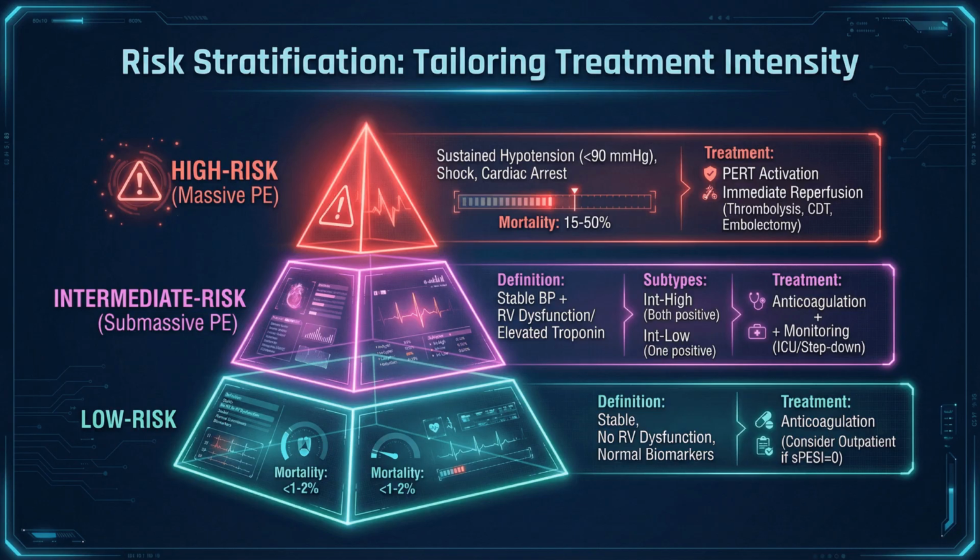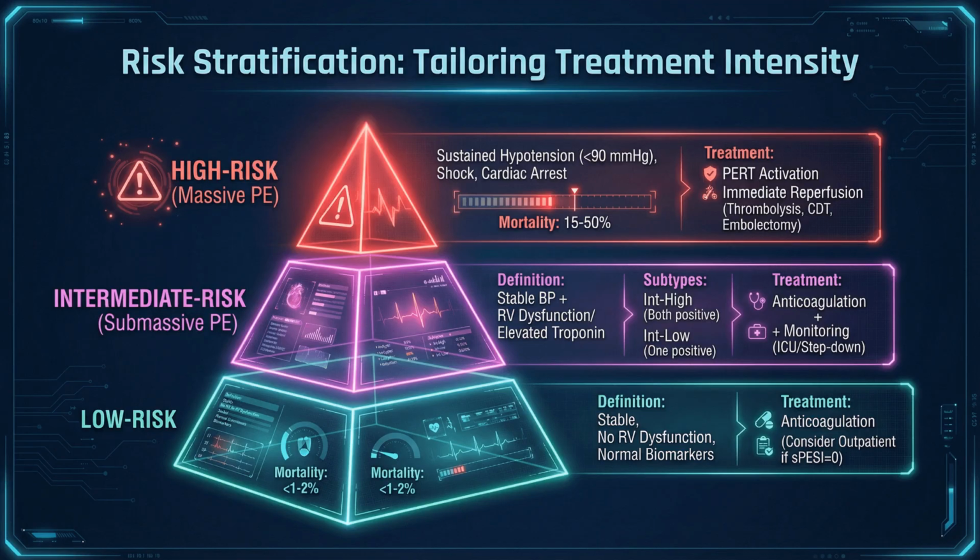patient's clinical status. Starting with high risk or massive PE, these patients present with sustained hypotension, meaning a systolic blood pressure below 90 millimeters of mercury, or may be in shock or even cardiac arrest. This group has a very high mortality risk, ranging from 15 to 50%. Because of this, prompt and aggressive intervention is essential. Activation of a pulmonary embolism response team, or PERT, helps coordinate care rapidly. Immediate reperfusion therapies like systemic thrombolysis, catheter-directed thrombolysis, or surgical embolectomy are typically indicated to restore pulmonary blood flow and